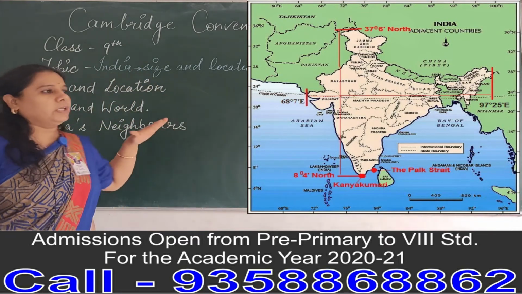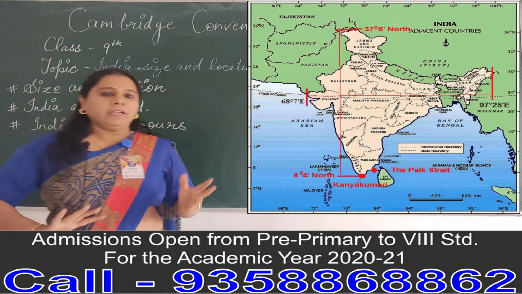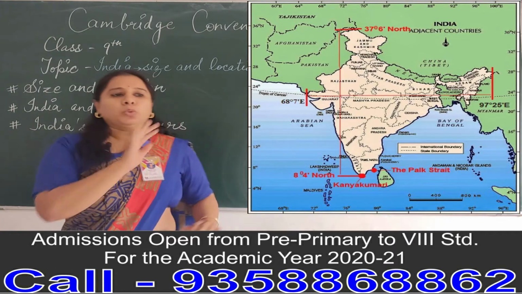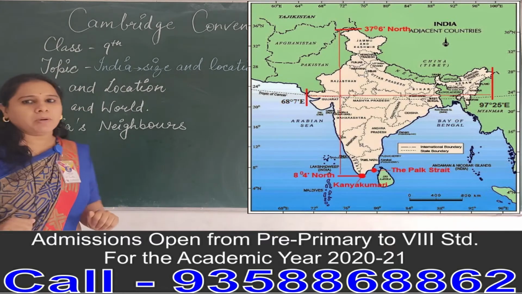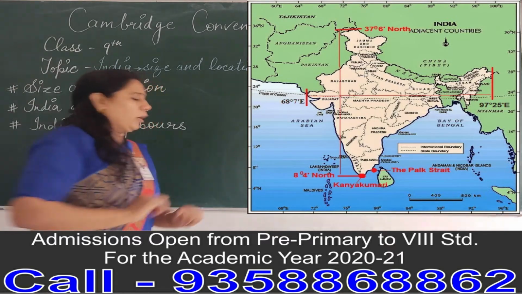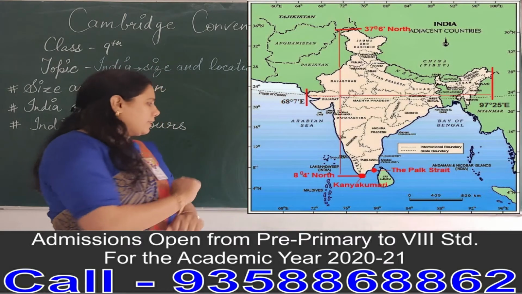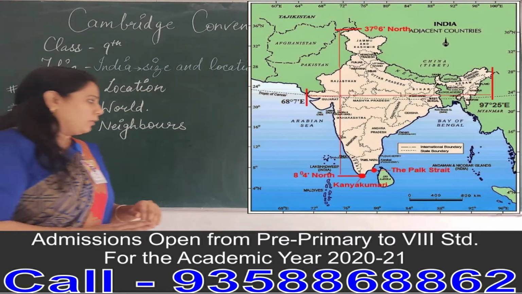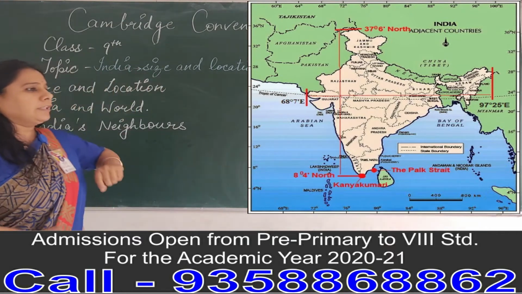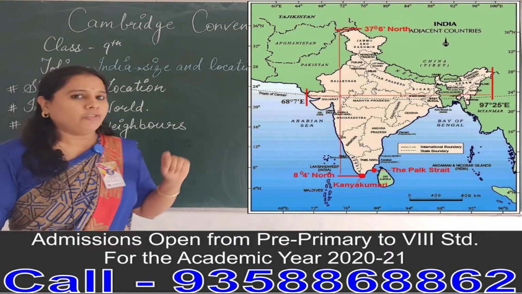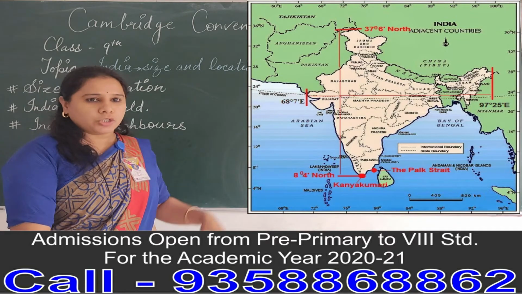Through the middle of India passes the Tropic of Cancer, which divides India into two almost equal halves. In the southeast we have the Andaman and Nicobar Islands, situated in the Bay of Bengal. In the southwest we have the Lakshadweep Islands, situated in the Arabian Sea. At the tip of India, we have the Indian Ocean, and at the southernmost tip of India's mainland, we have Indira Point,